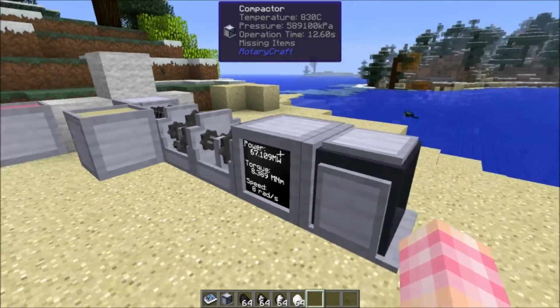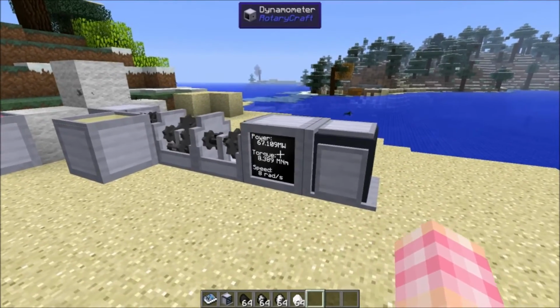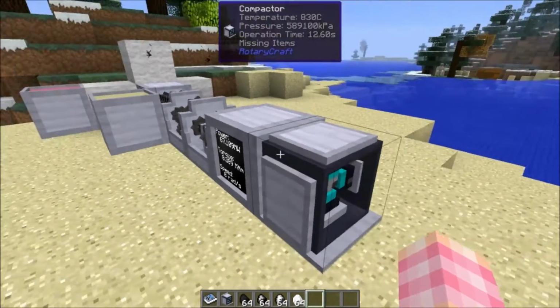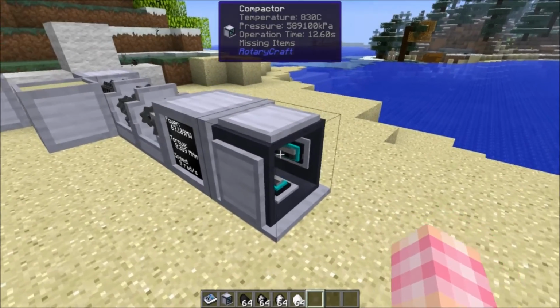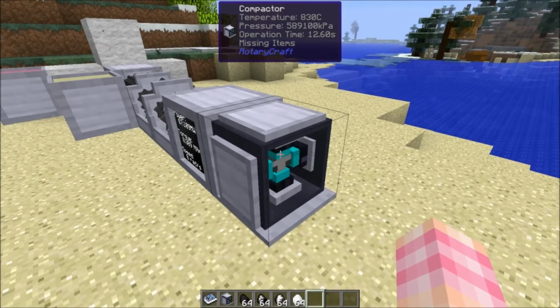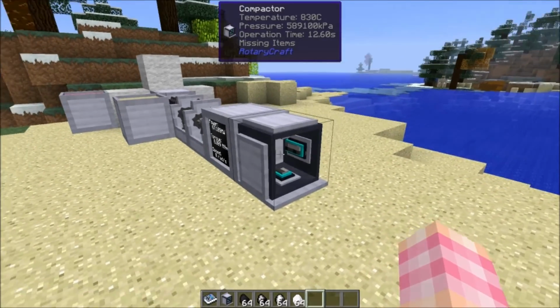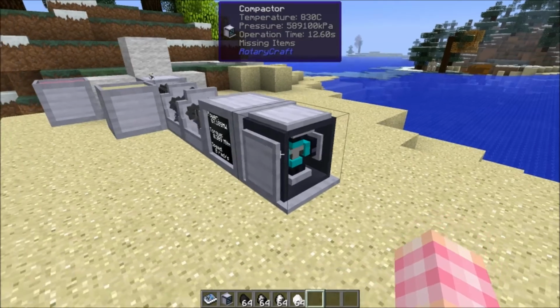Okay, and you can do this with gearboxes. I've used a high ratio gear. You can use it with a CVT unit, but that's what I've had to get it down to in order to get this above the 550,000. See, right now it has stabilized at 589,100 kilopascals. Okay, so it's now stabilized, and it will now function at 12.6 seconds per operation, which in order to increase that,